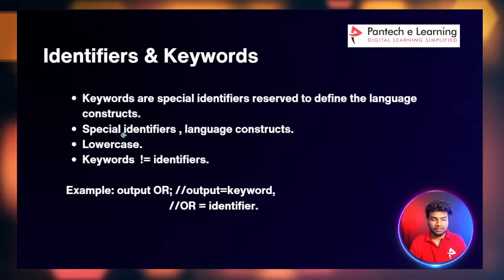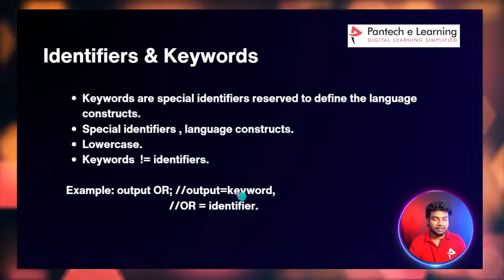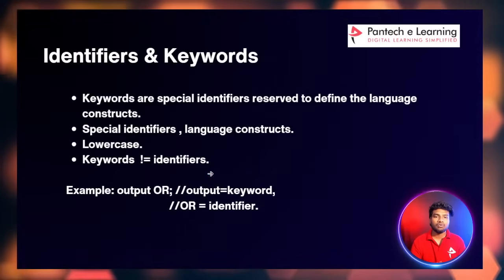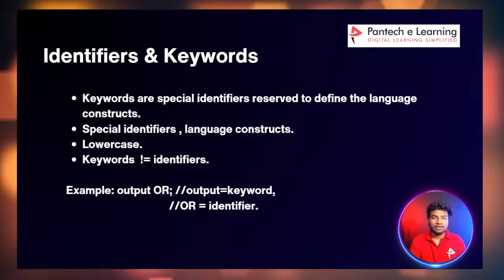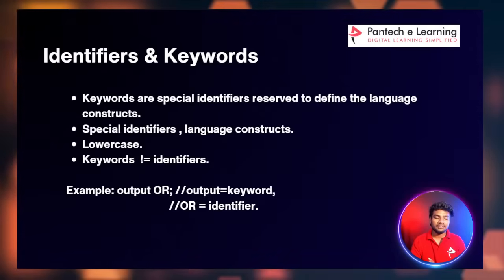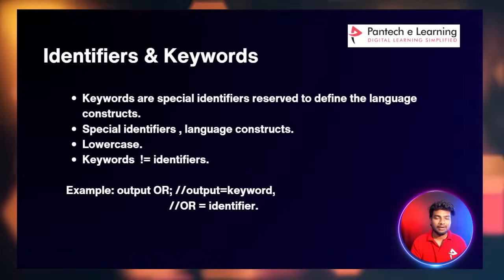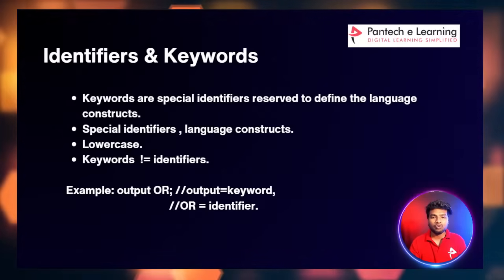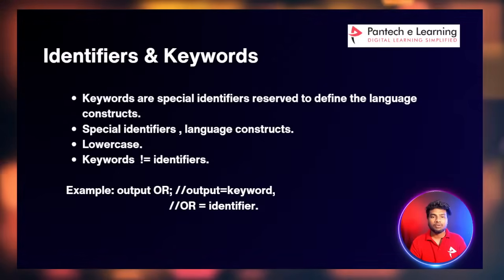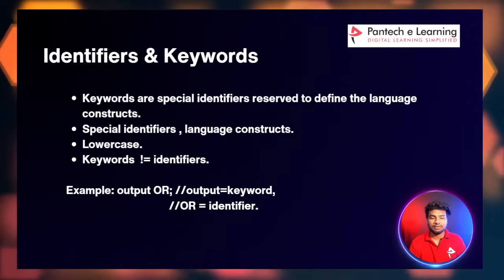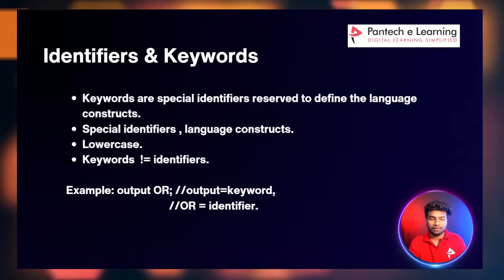Okay, and then identifiers and keywords. While writing Verilog code, we mostly write input and output signals. Output is a keyword, and then OR, NOT, gate are identifiers. This I will also show you while writing the Verilog code. I am trying to make this session more practical by writing the Verilog code, so that you can easily understand. The theory part is very boring, so I will move quickly into the coding part.